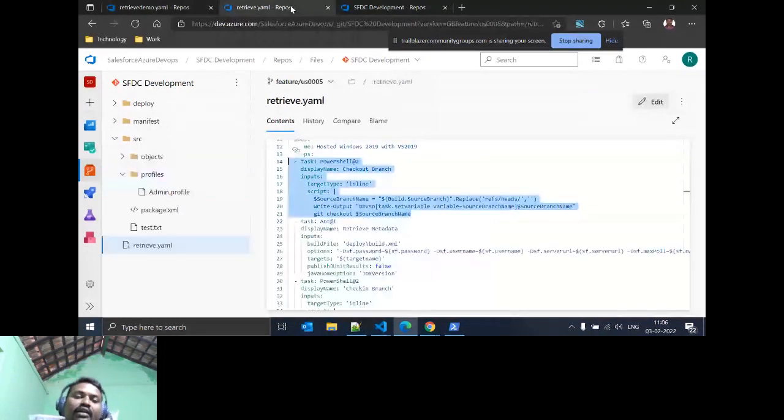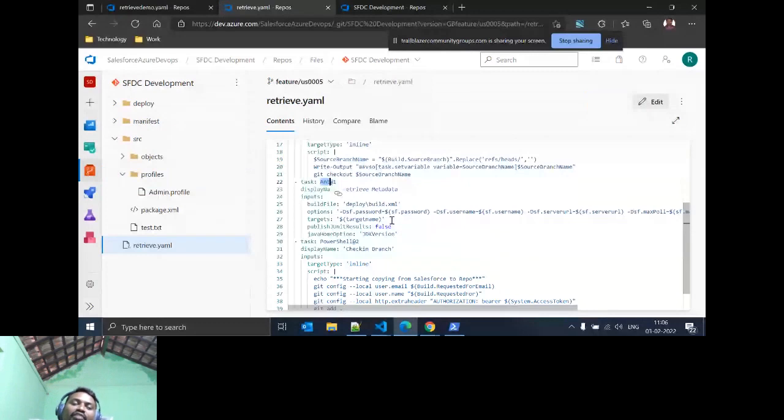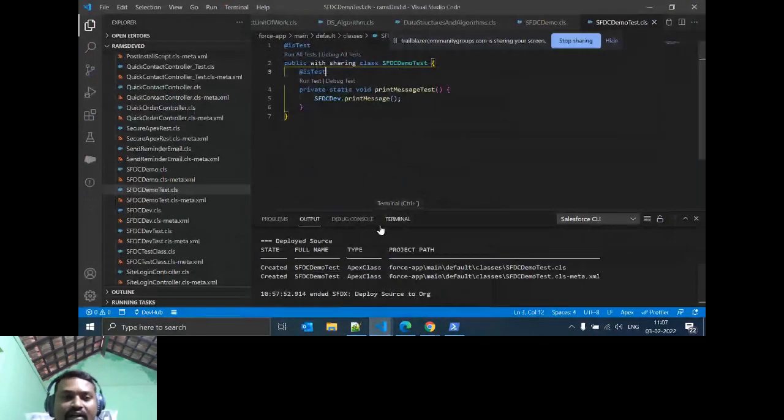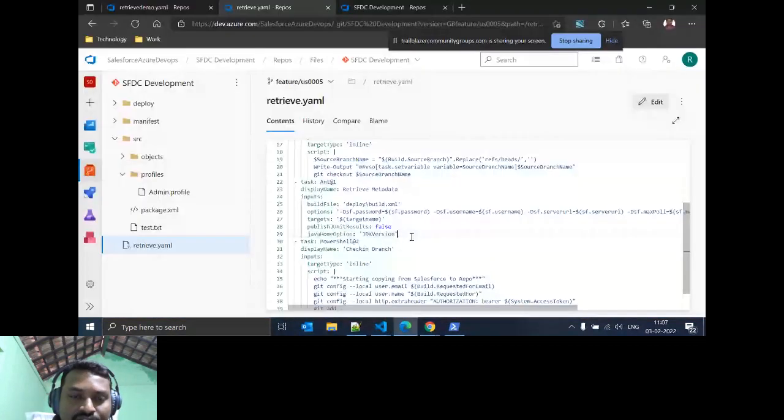For Salesforce, there are different kinds of deployment tool sets. One is change set, which is manual through the Salesforce UI. You can also use VS Code, as I showed how to deploy earlier. Or you have Ant or SFDC. A lot of options are there. For Azure and SFDC, we configured Ant deployment. For deployment we have a pre-built XML file and a build property file. I will come to that later and explain how to set up the Ant-related files in Azure DevOps.